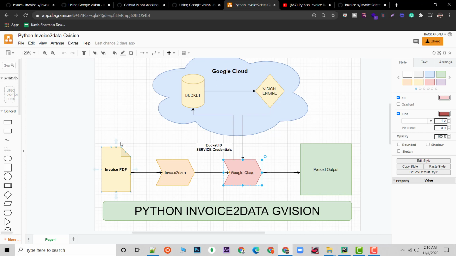Yes guys, once you add a PDF to invoice data, using Google Cloud storage, we first upload this PDF to this bucket indirectly, using the bucket ID. Once this is done, we retrieve the URL of the uploaded PDF in the bucket, and then we tell Google Vision, hey, compute the things on this PDF which is in this bucket. Once this is done, we fetch the output, and finally we use the templating of the invoice data library, and we get the final parsed output. So this is the whole flow.